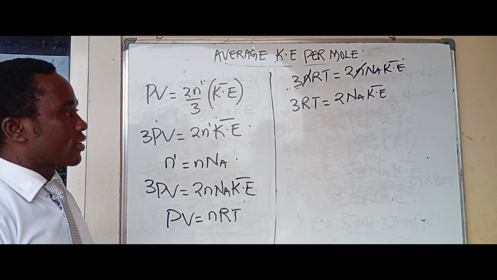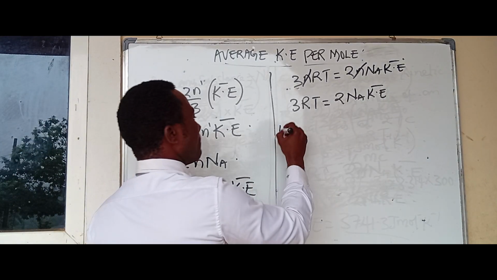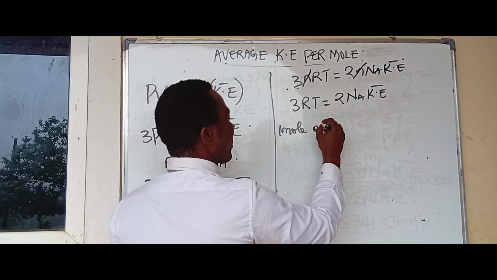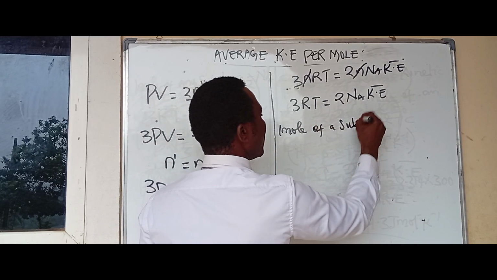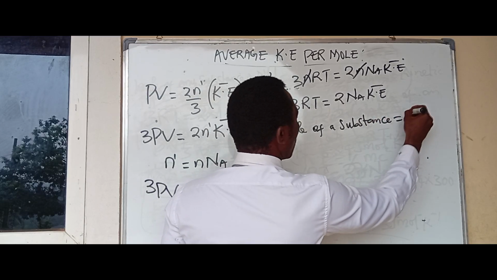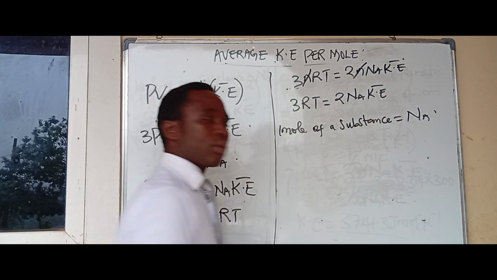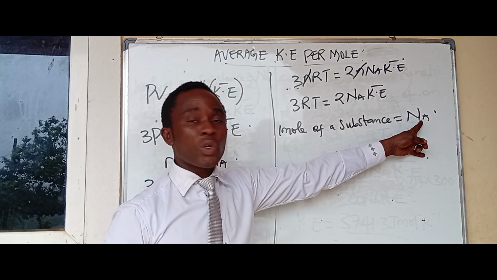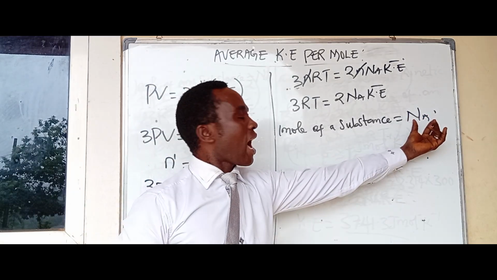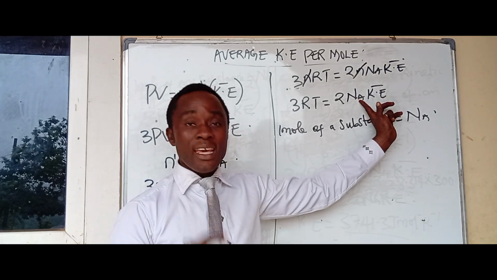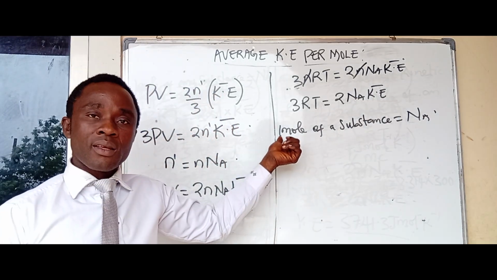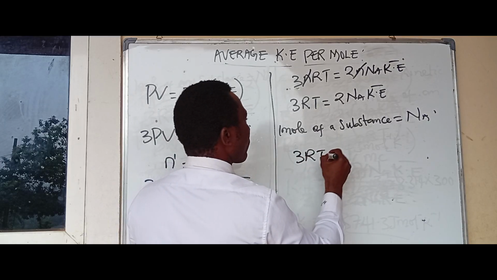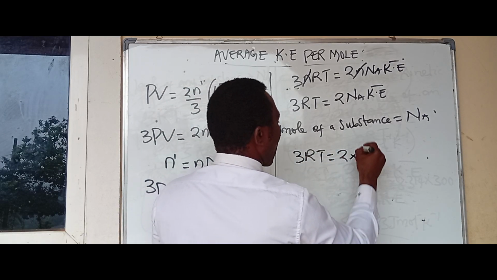Now if we look at this, we see that 1 mole of any substance is equal to Avogadro's number of particles. That means that Avogadro's number of particles, which is N_A here, is actually equal to 1 mole. So this equation becomes 3RT equals 2 multiplied by 1 mole,